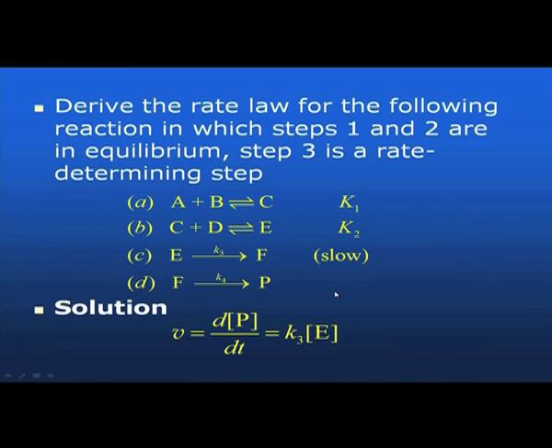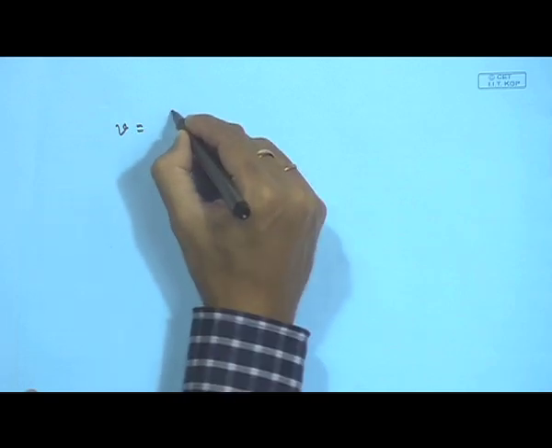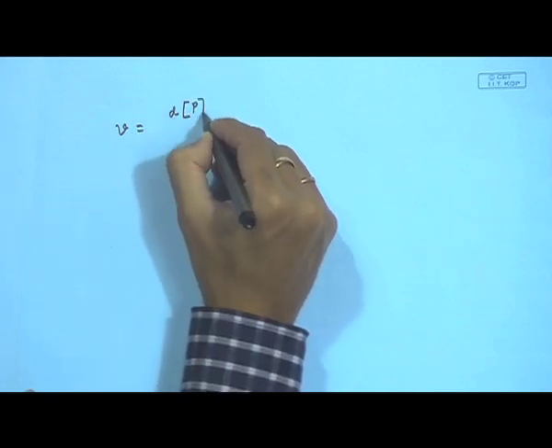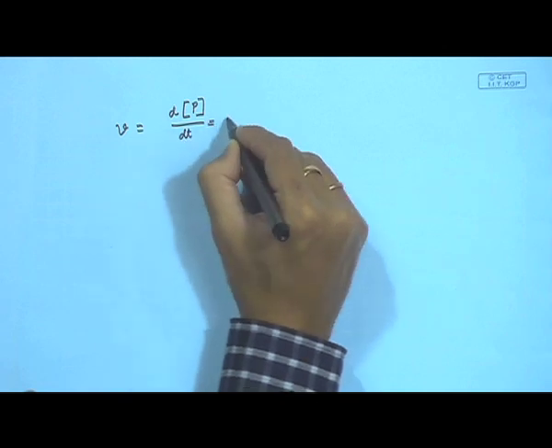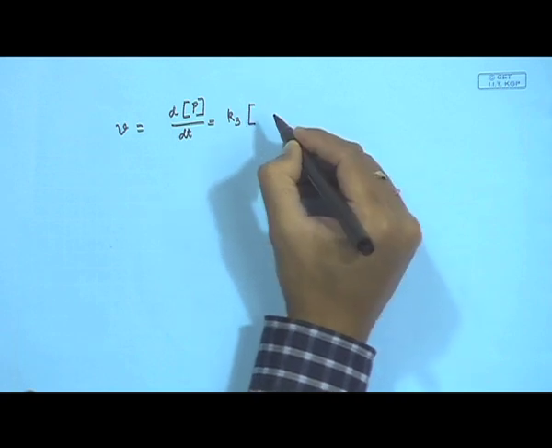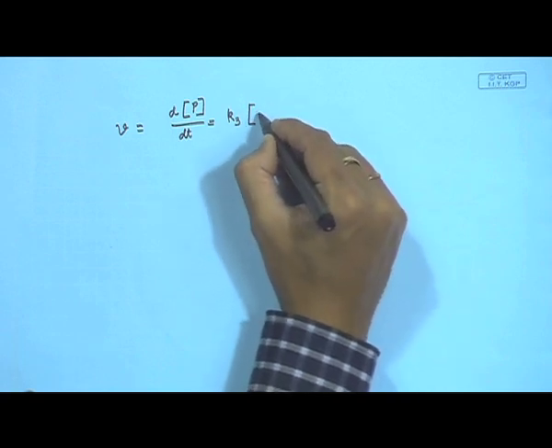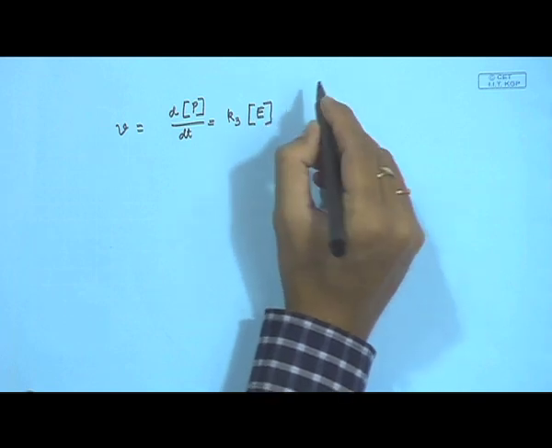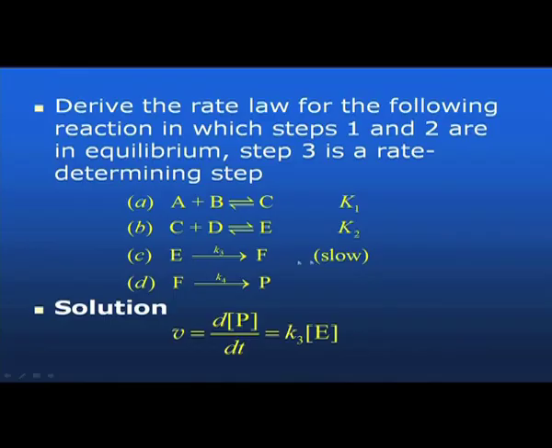So, the product formation rate, that is the velocity, is equal to d[product]/dt, which is equal to K3 times [E], because this is the slowest step. So, this is your product. Since the other steps happen fast, your product formation will depend on this step. Therefore, d/dt of product formation is nothing but K3 into the concentration of E,